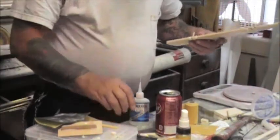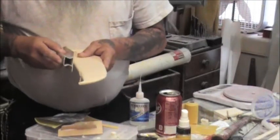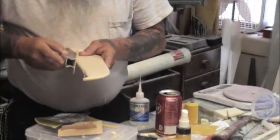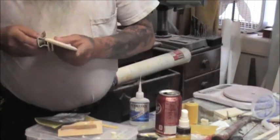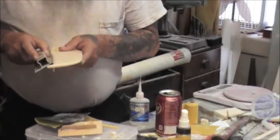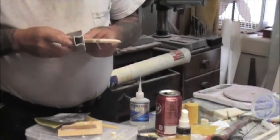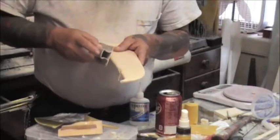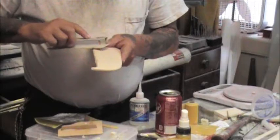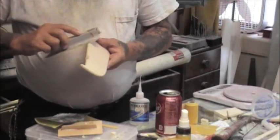Well, I just knocked off 90% of it. And then I got 80 grit sandpaper here, and we're going to sand it down. This is the hardest part of the whole hinging process, is blending these blocks in, so they look right. Just take your time. I'll show you a trick that I've come up with,